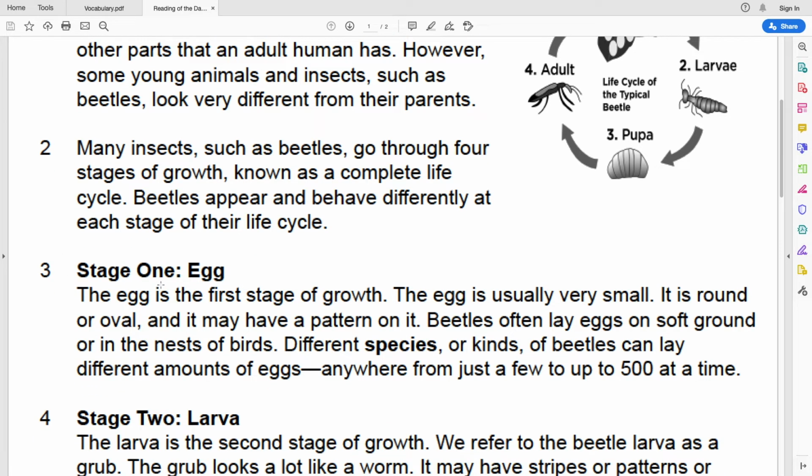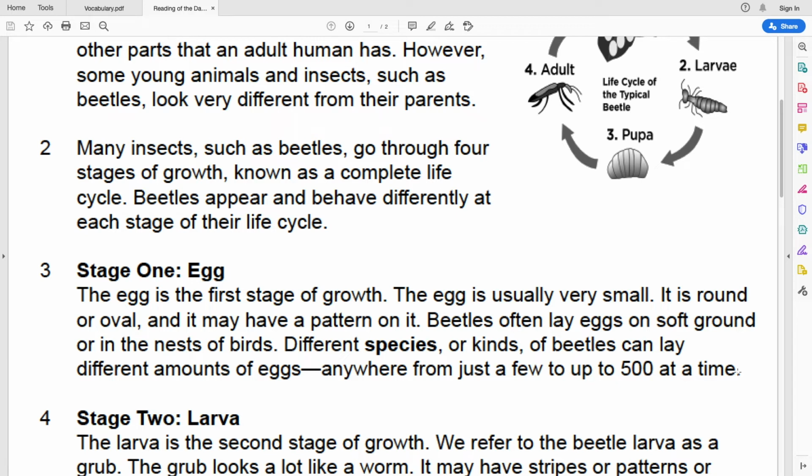Stage 1, egg. The egg is the first stage of growth. The egg is usually very small. It is round or oval, and it might have a pattern on it. Beetles often lay eggs on soft ground or in the nests of birds. Different species or kinds of beetles can lay different amounts of eggs, anywhere from just a few to up to